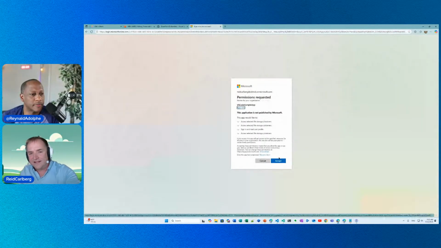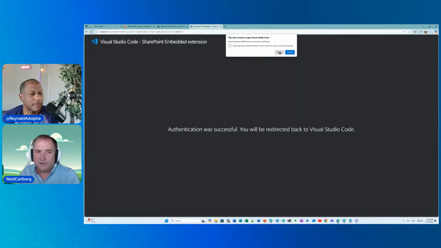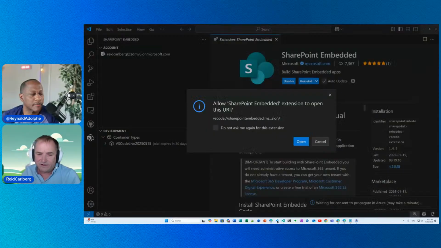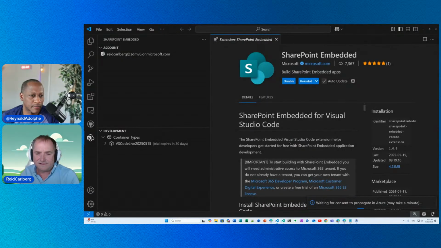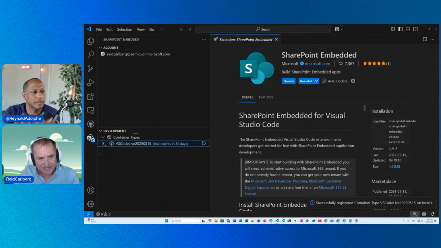And I'm going to go ahead and accept some of these permissions. Notice it has these file storage containers that we've been talking about. There we go. And it's going to bounce me back over here. And we'll say yes. Okay, good. So now I am over here on the lower left-hand side, and you can see that I have